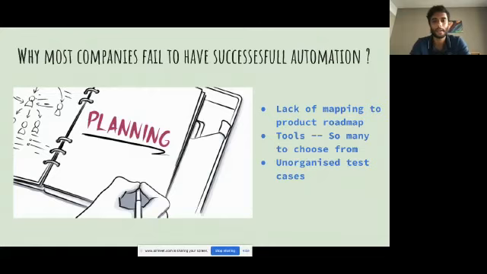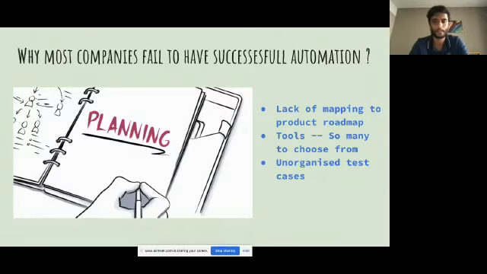They don't anticipate how the company is going to grow, or they look at some tool, don't spend so much time, and see, okay, this is a lot easier, let's adopt this. So they won't investigate the drawbacks, what the support is, and what the costing is. There are a lot of factors in choosing the tools. So that's one of the reasons why automation fails.